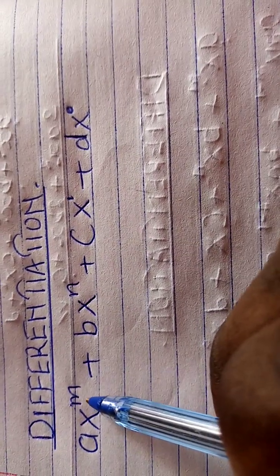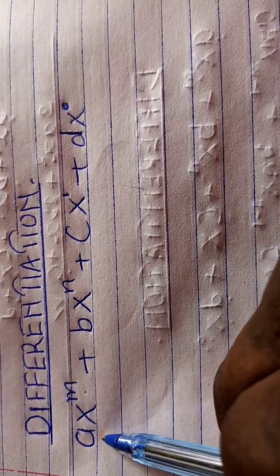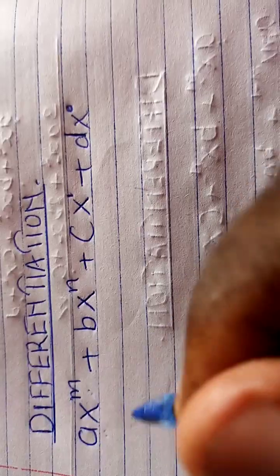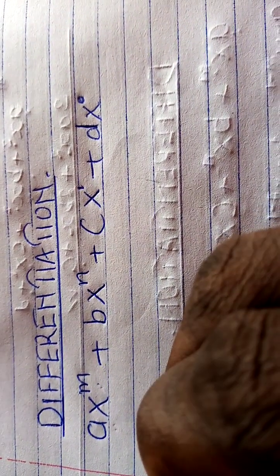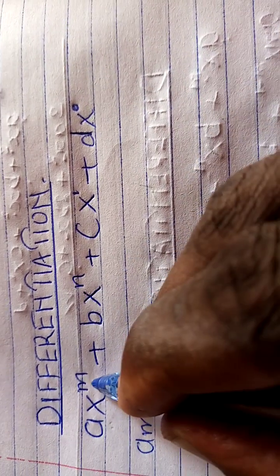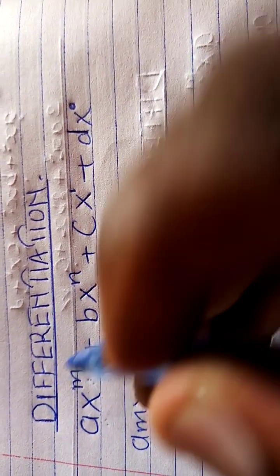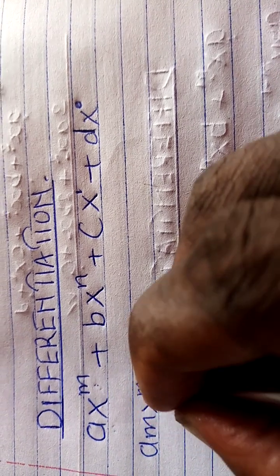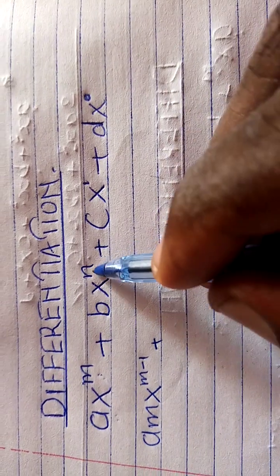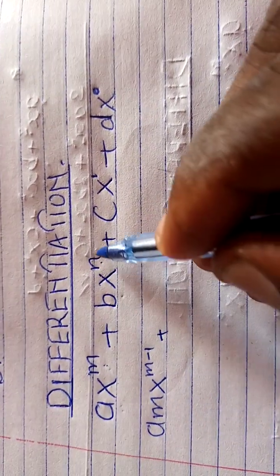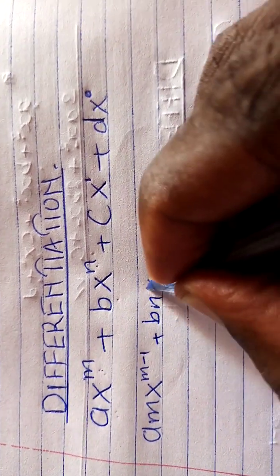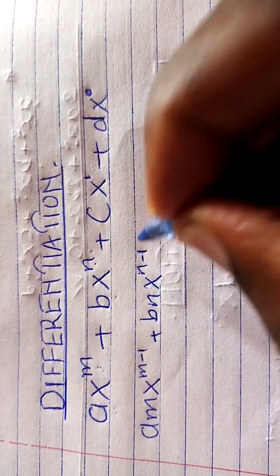You take the degree m and multiply by a. Take the degree of m, multiply by the coefficient of x. So this one will be am, then x. On this degree you subtract 1, so it will be amx raised to m minus 1, plus, take n, multiply by b, and here you subtract 1, so it will be bn x raised to n minus 1,